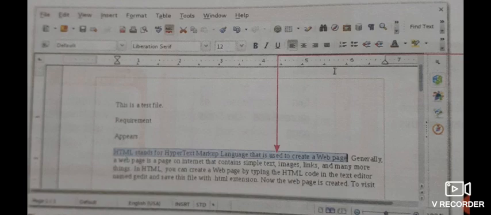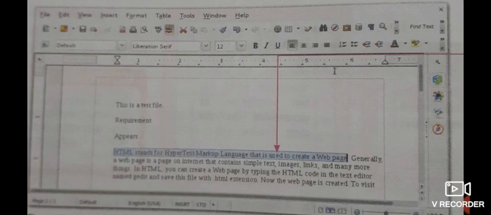For copying a text, first we select the text, after that we use the copy option. To get the copy option, either we select it from the standard toolbar or we click on the edit menu.